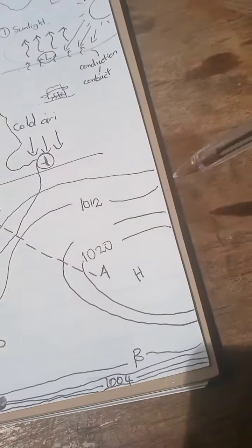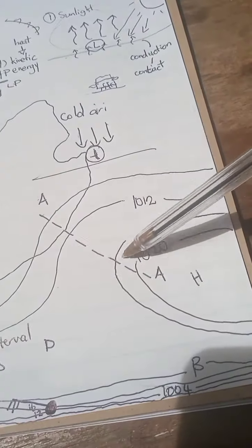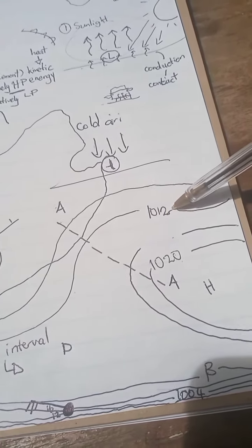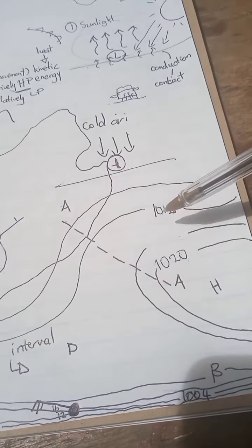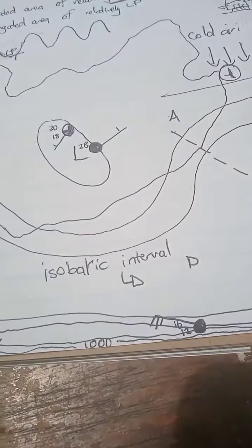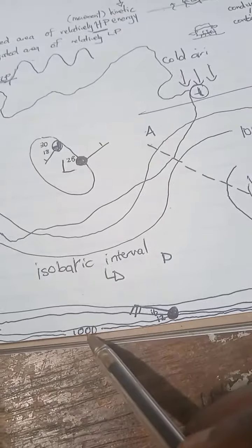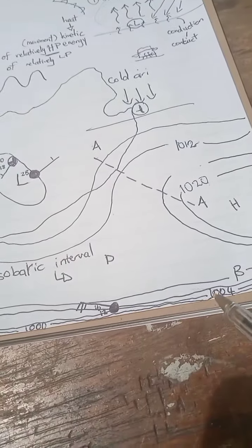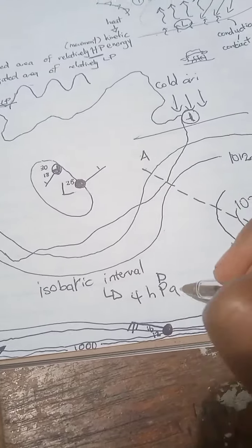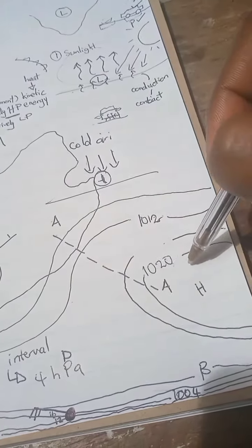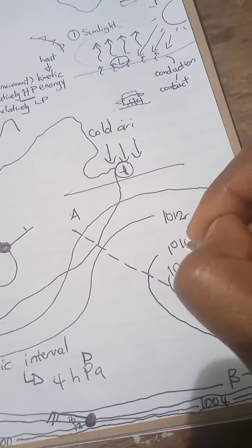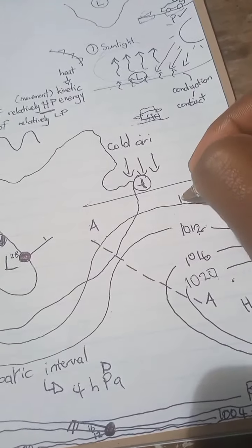So basically just look at the isobars. So this is 1020. What's that? Okay, because that is a 1012. So if this is a 1012 and this is a 1020, what's that in the middle? And also we can get clues from here at the bottom. That's 1000 hectopascals. It's followed by 1004. So this means that the isobaric interval is actually 4 hectopascals. Okay, so if this is 1020, we go down by 4, and so that is 1016. That's 1012. This is 1008.